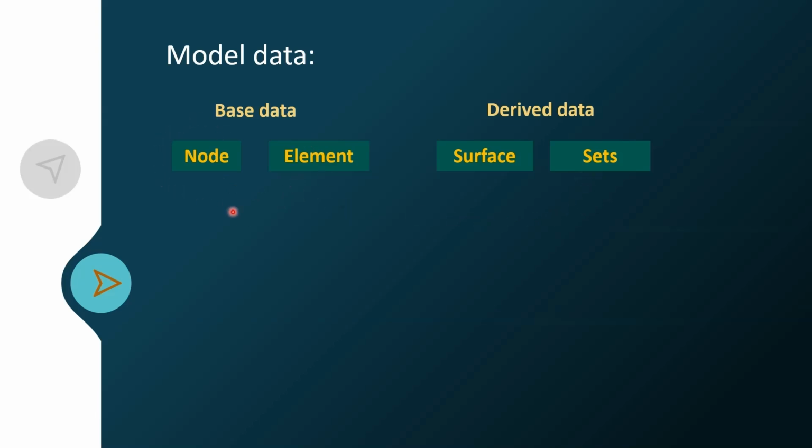In this example, we are going to consider that we already have an ODB and we want to create a sub ODB from it. We need to know where this data will be written in the ODB, because an ODB can contain analysis data as well as model data. Where this data will be written: it will be written at the instance level.